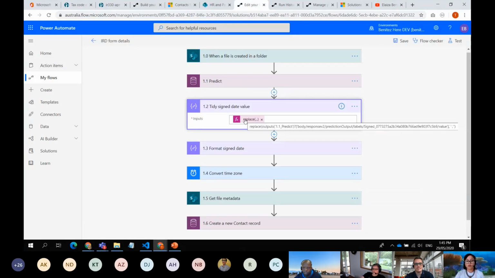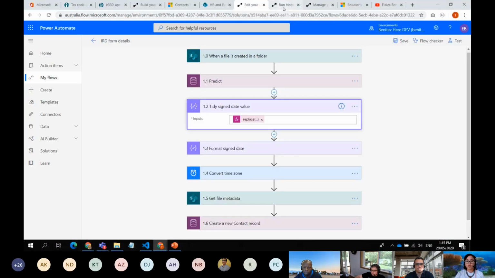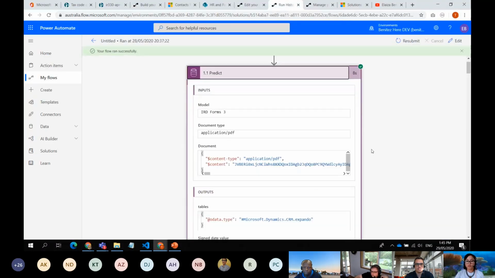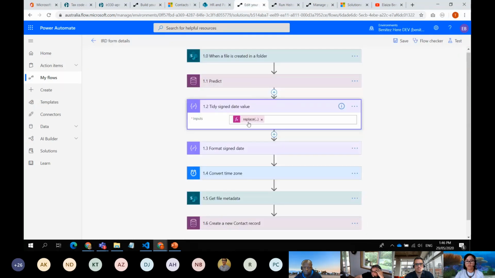So first of all, if I just go to Visual Studio Code just to show you, oh, not that one. This one. All I'm doing is replacing the blank spaces that have been identified by the AI model. I'm going to show you the run history so that you understand. This is the value that it had picked up, and as you can see, there are spaces. So in this compose action, we are simply using a replace function to replace those spaces with blanks so that it's a single